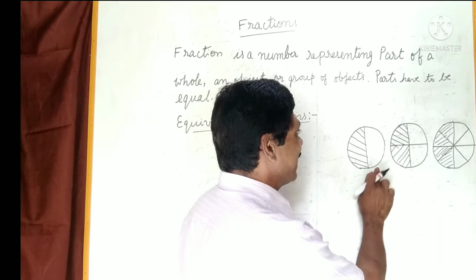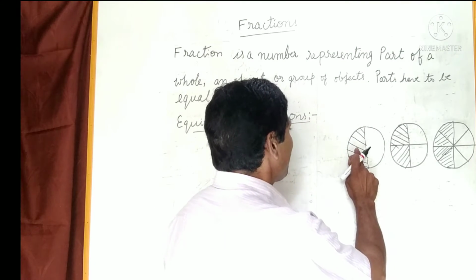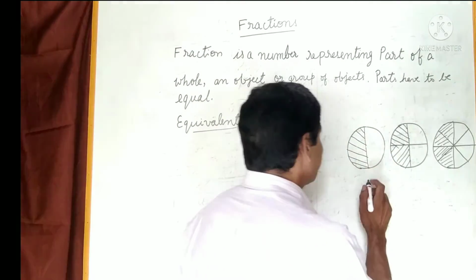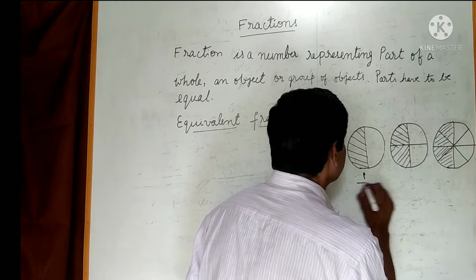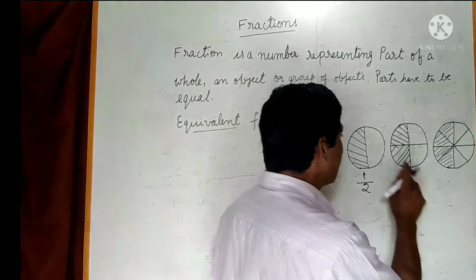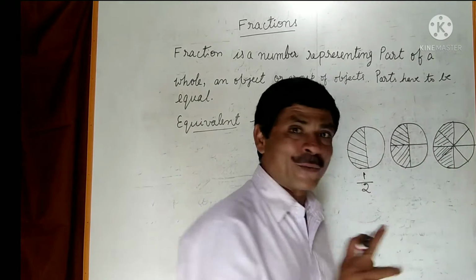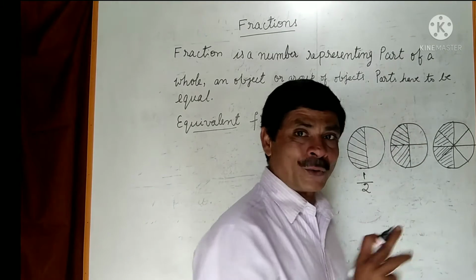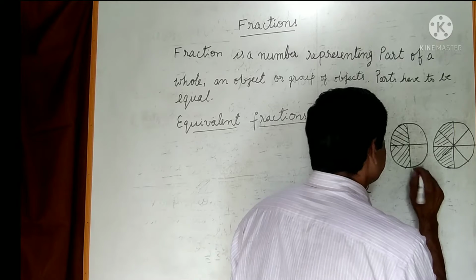One circle we have divided into two parts and one part we have shaded. Okay? And this we can represent as 1 by 2. Now here the same circle we have taken and divided into 4 equal parts, and we have shaded 2 parts. Okay? And this can be represented as the shaded portion